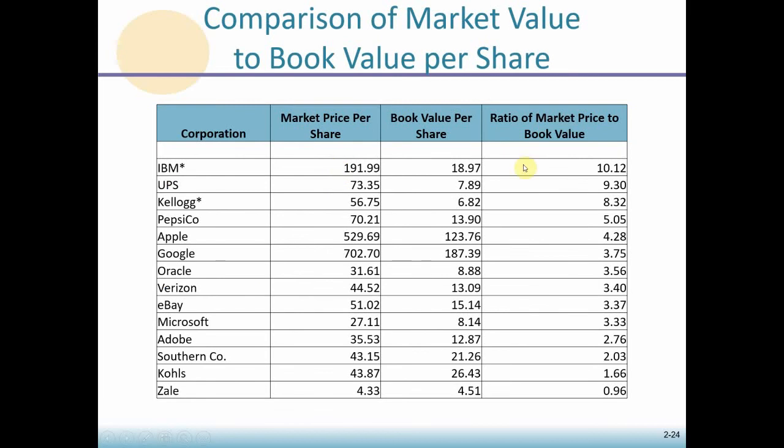Here's some examples of market price versus book value. Now, back probably when this was done, IBM was still kind of a high flyer a little bit, and so it had a ratio of market price to book value of 10 times. The market price was 10 times what the book value is. I'm going to show you one in a little bit that far exceeds that, and it's a company that you guys are fairly familiar with. In fact, it's on this list, but it's 10 years later probably. So,